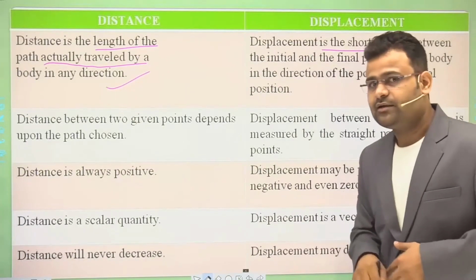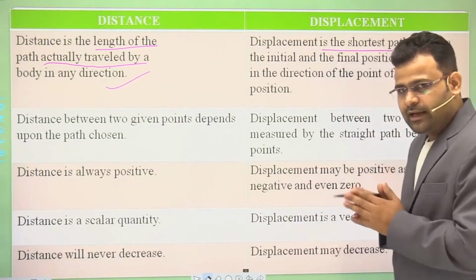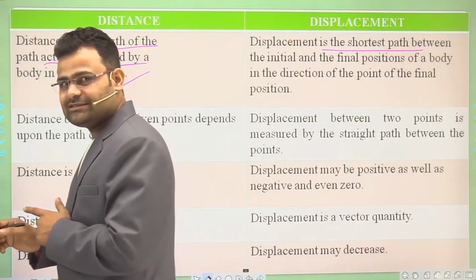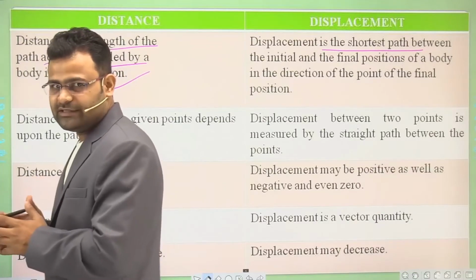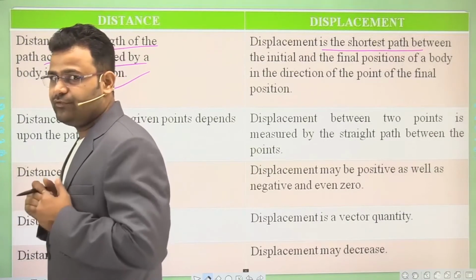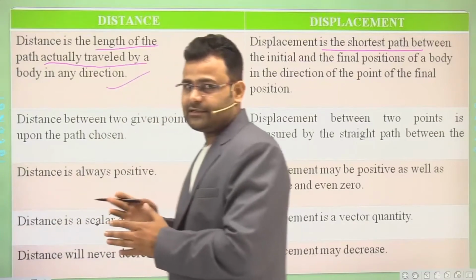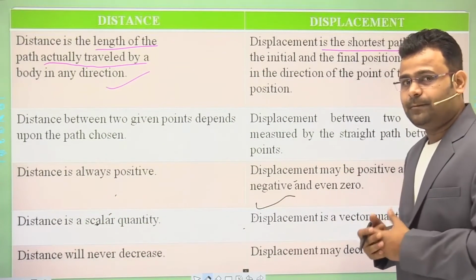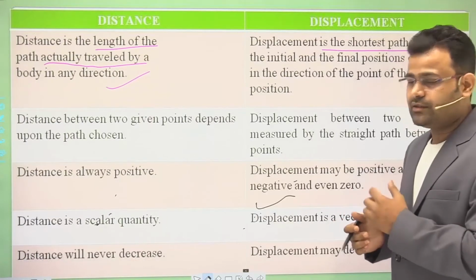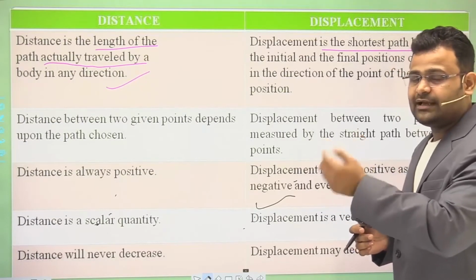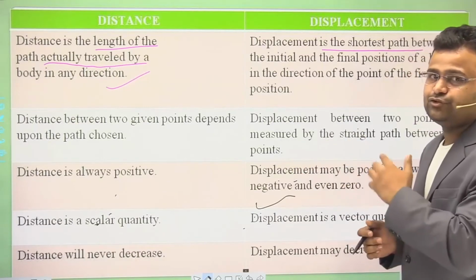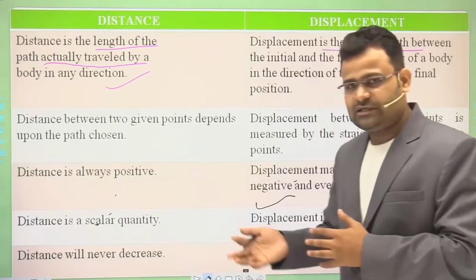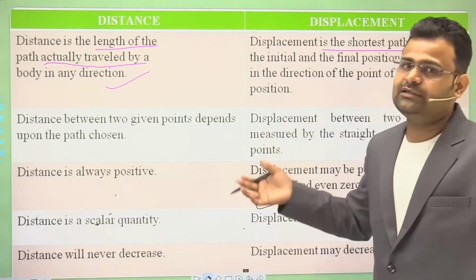Now again we give an example. I am standing here and start to move. Let's suppose that is a positive direction. Now positive 5 meter we move and again come back. That is a negative direction, dear students. Now again we come back to the same point. First we use a positive sign, and after that in the reverse direction, we use a negative sign. Then if you add both of them, first is positive, second is negative, we get 0.